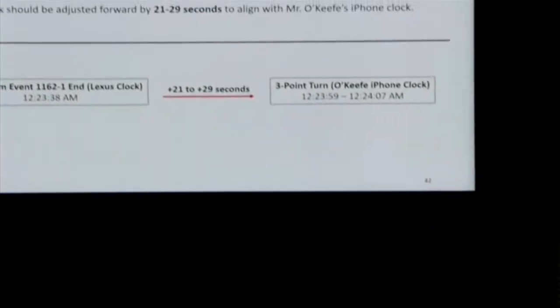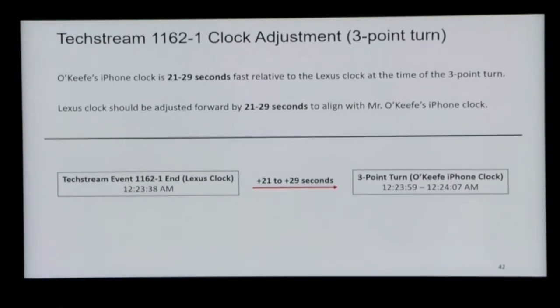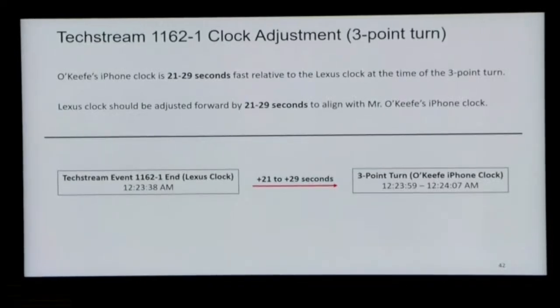What is this, Mr. Burgess? Sure. If we think back to the last slide, we've identified the three-point turn event in both data sets. So now if we want to adjust one clock to the other, we can do that. Doing that, we've identified that the variance is between 21 and 29 seconds.